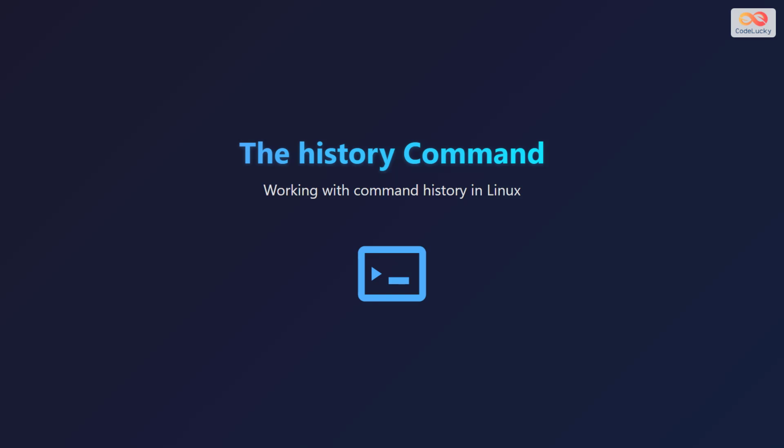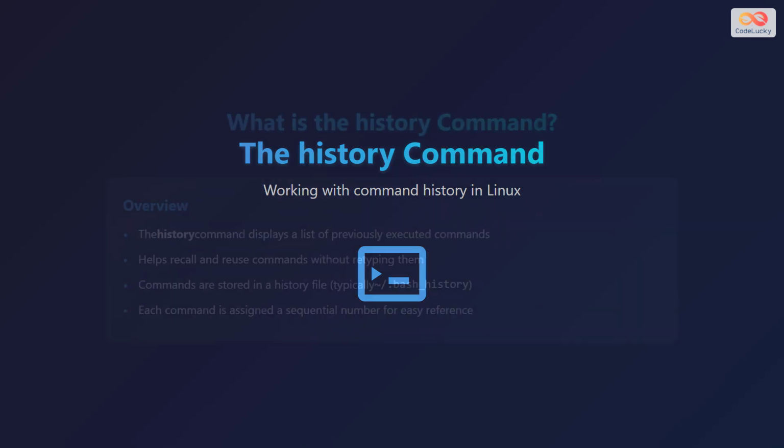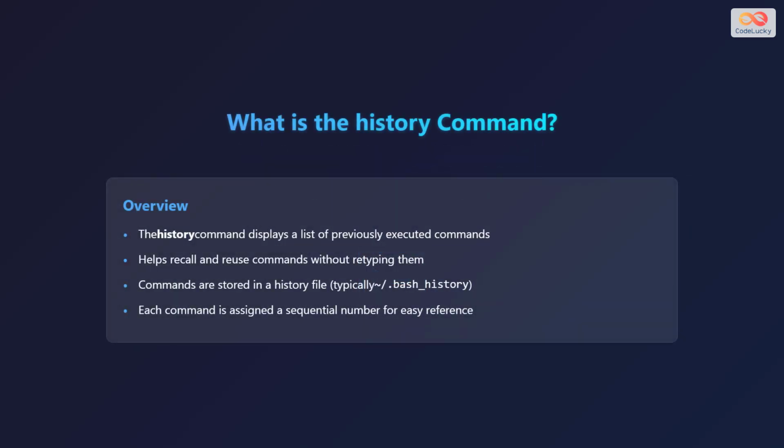Let's explore the history command. This command enables you to work with command history in Linux. The history command displays a list of commands that you previously executed. It helps you recall and reuse commands without having to retype them. These commands are stored in a history file, typically located at